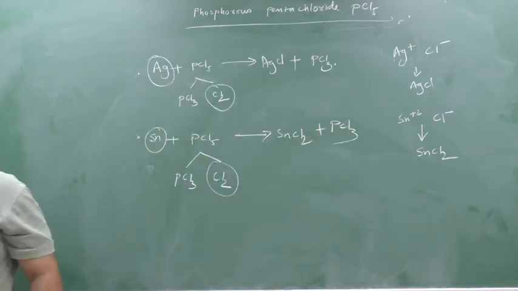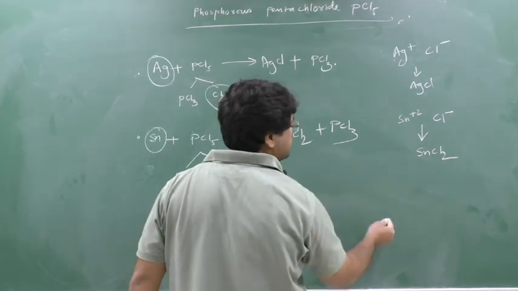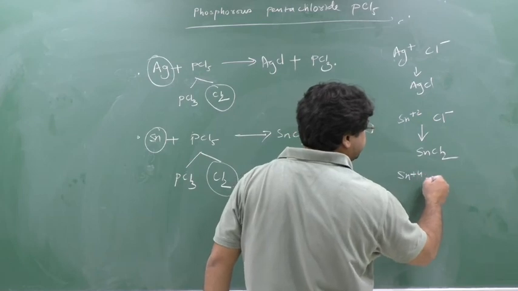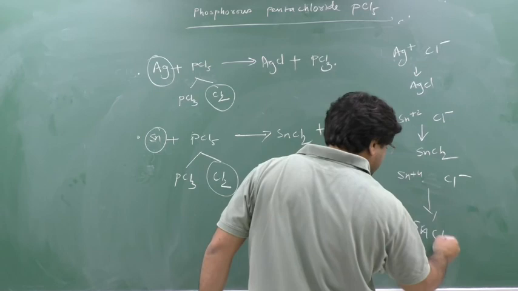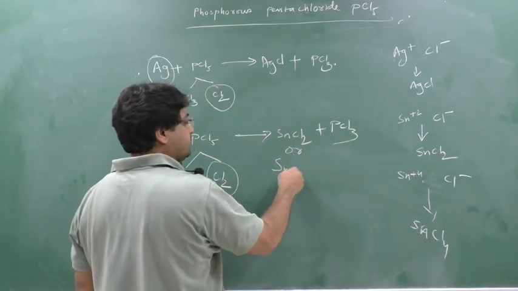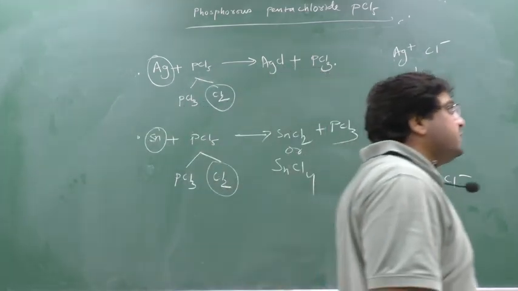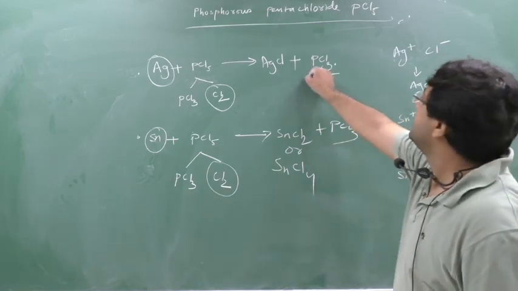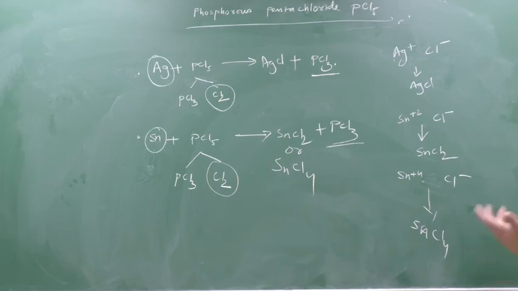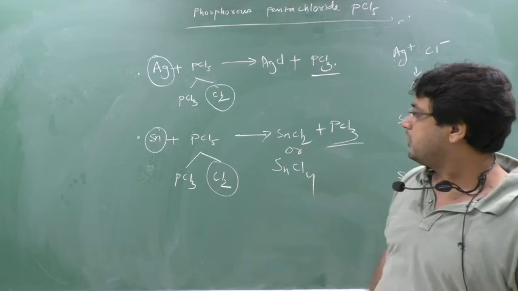Clear this part? Clear? In certain books, if you take excess, Sn can form Sn plus 2 also; in certain books it is written Sn plus 4 also. So it depends, okay? It can form SnCl4 also, or you can add SnCl4 here. It depends on how much PCl5 you are applying. So written no, PCl5 on reacting with metal will form metal chloride and PCl3. PCl3 is an extra product obtained directly because it is a stable product, so it will remain as it is. So crack it into PCl3 and Cl2 and you can do the reaction.